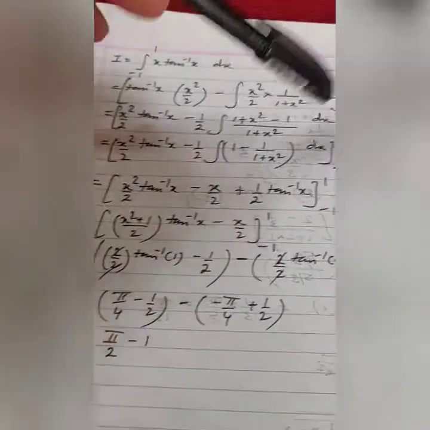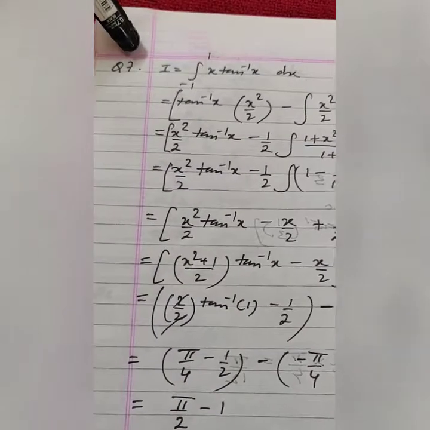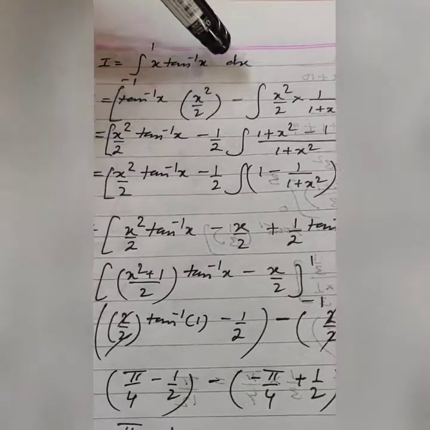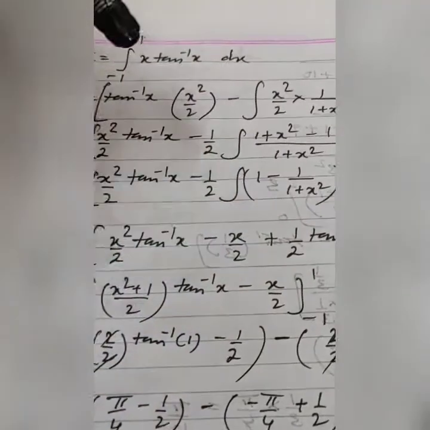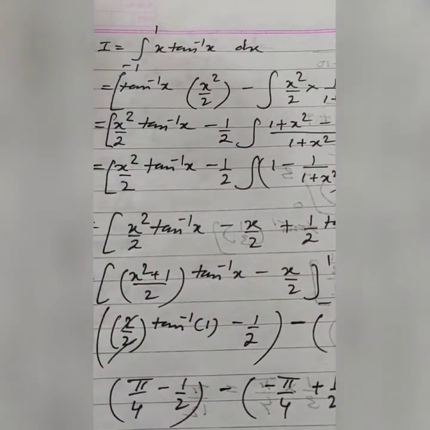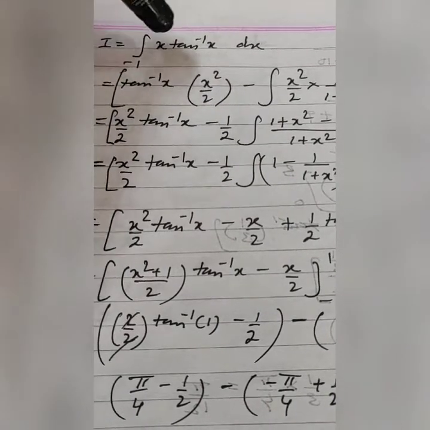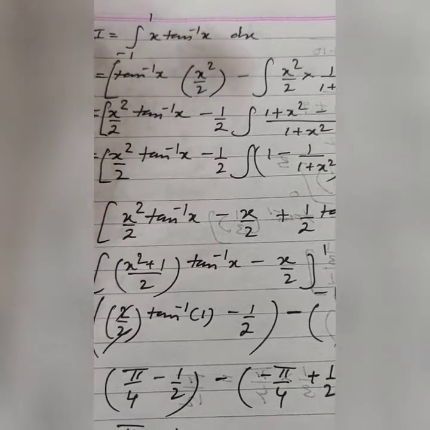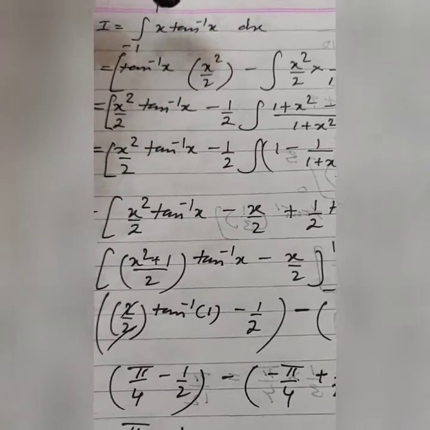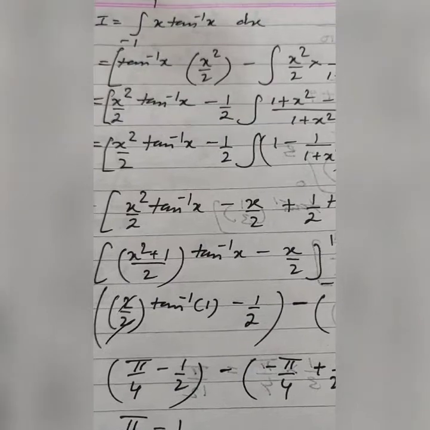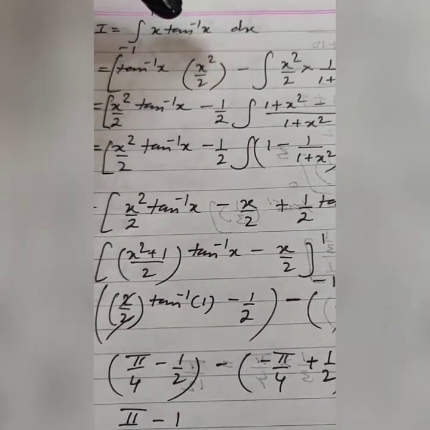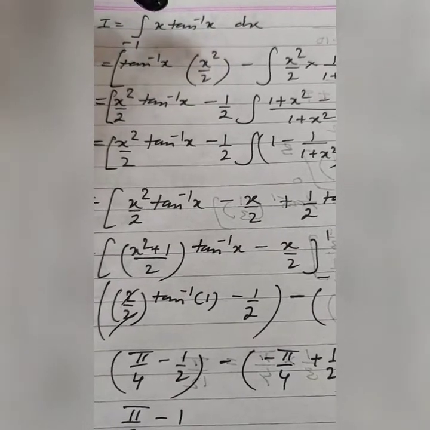Now let's come to the last problem. Now question number 7, you have integration of minus 1 to 1 x tan inverse of x dx. So we have to apply the UV rule that we've learned in the indefinite integration chapter. Tan inverse of x, remember, is u, x is v, because tan inverse of x is an inverse trigonometric function, x is an algebraic function, and so as per LIATE, I comes before A, inverse trigonometric comes before algebraic in that order,